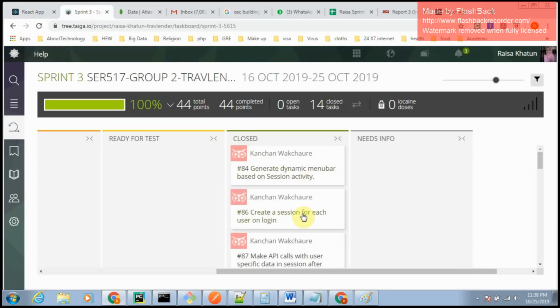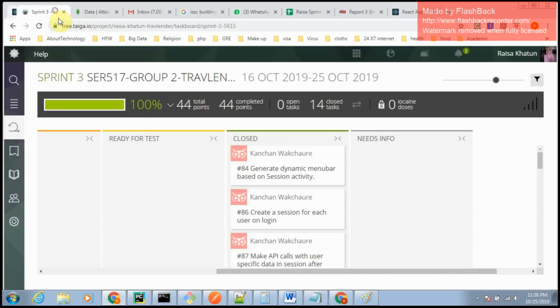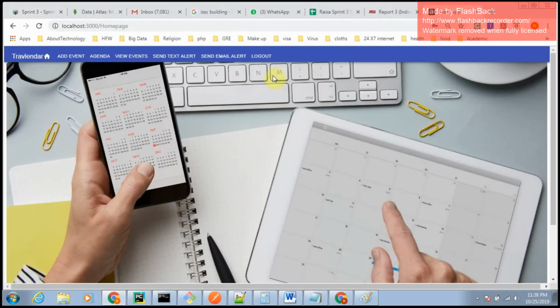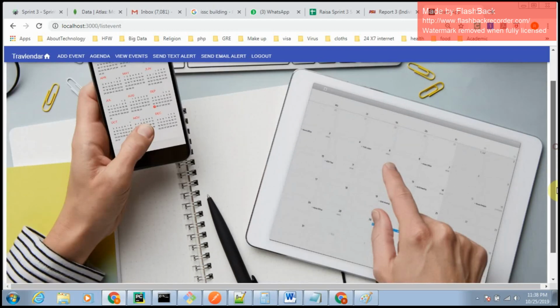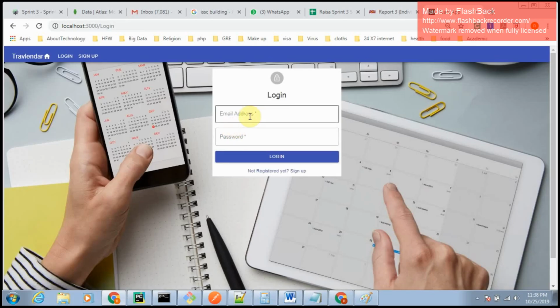And this is about creating a session in the backend. That means for that user, whatever events are visible, a separate set of events will be visible for another user. So this user has these two events. So if that user logs out and another user logs in,